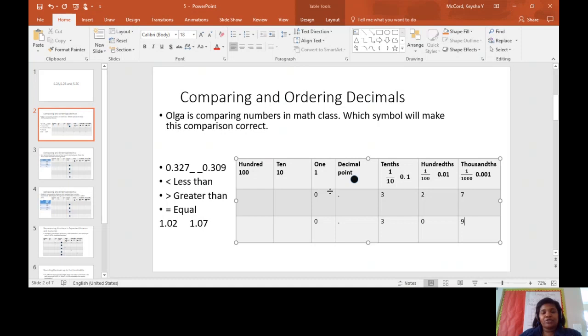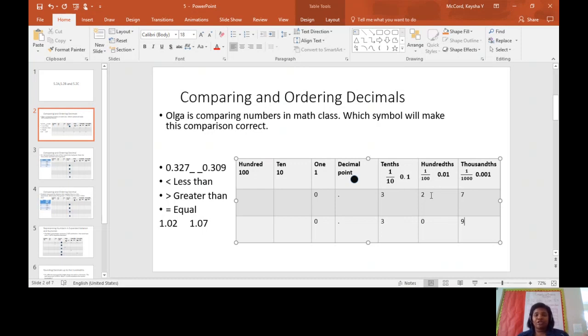So the first thing I'm going to do, I'm going to start here at this place value. 0, 0. What do I know about 0 and 0? They're the same. So I'm going to move on to the next place value, which is my tenths. 3 and 3. What do I know about 3 and 3? They're equal. So I'm going to move over to the next place value, which is the